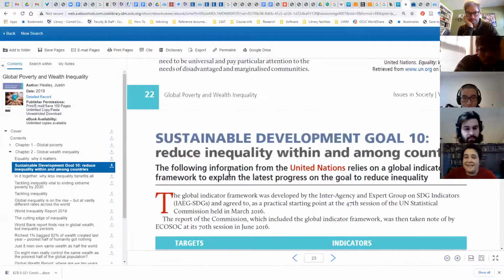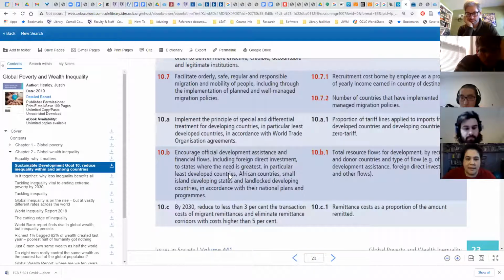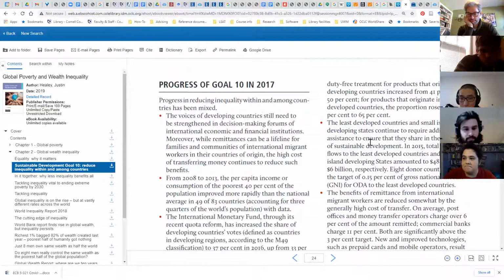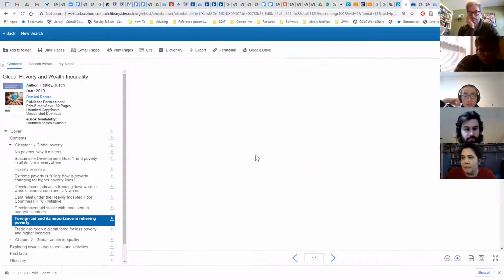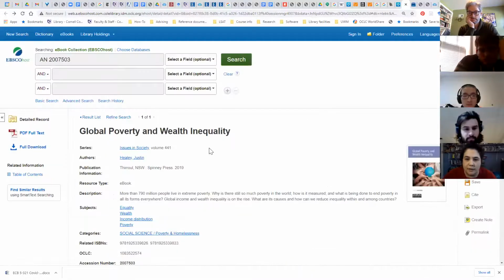There are ways to download these ebooks. It's kind of a pain in the neck, and it doesn't make it so that you can read it on your Nook or anything. It's still the same clunky interface. And you have to have a separate account with some other third-party security people. So unless you need to be offline for some reason, I would recommend just reading these online. That's the easiest way. But this does mean that you should all be able to find books that you can access whether you are on campus or off campus.